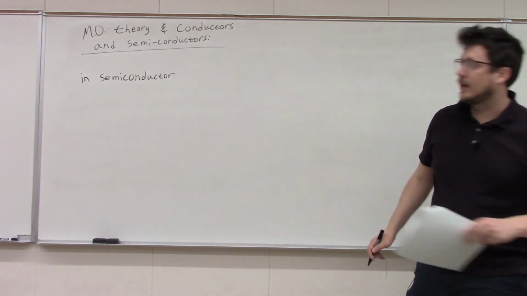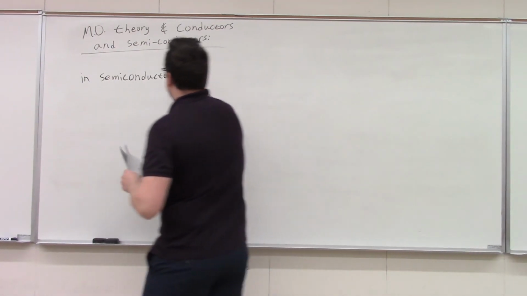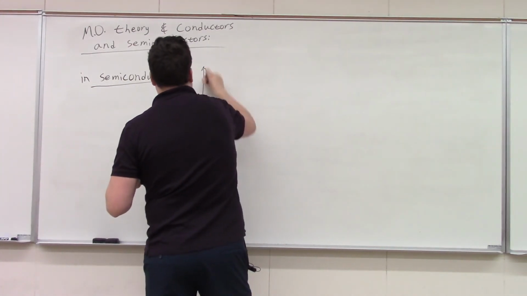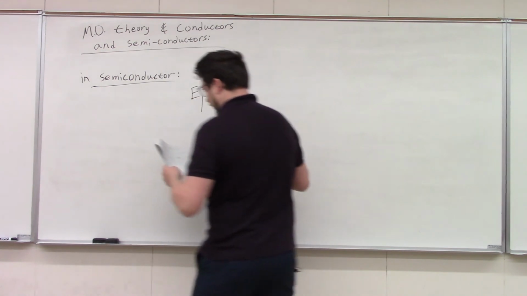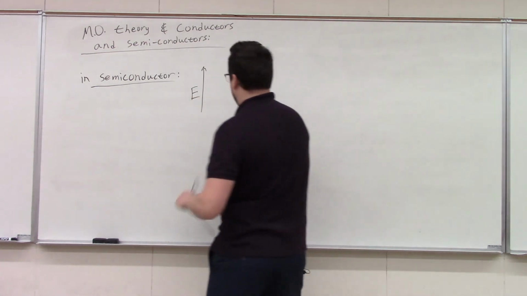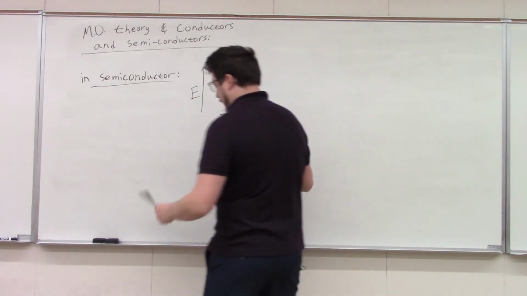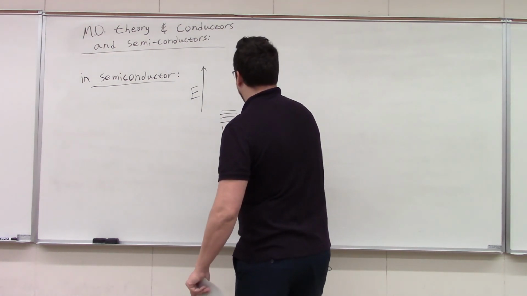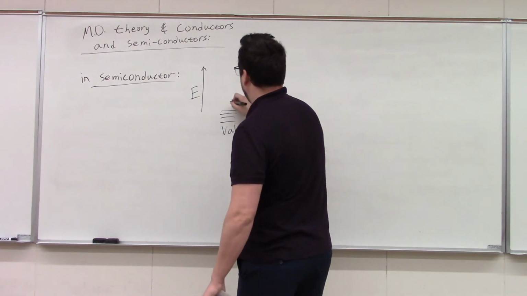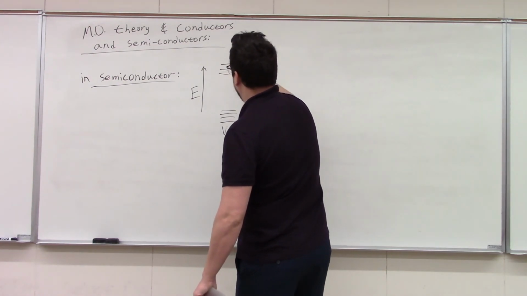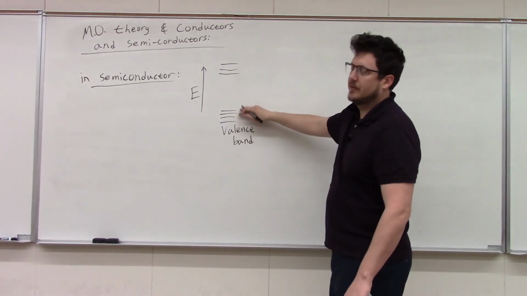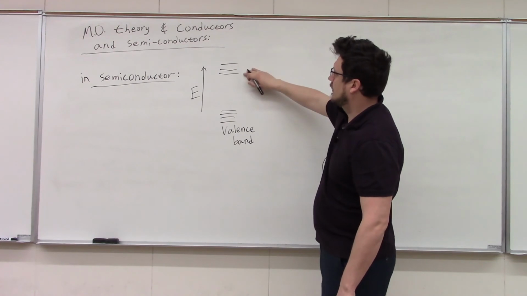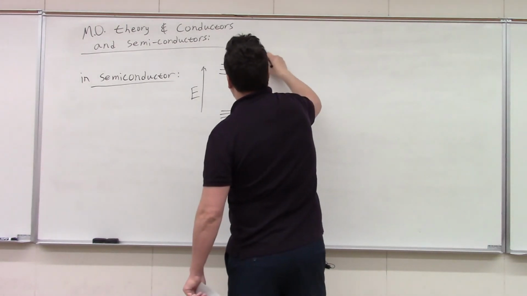It doesn't just conduct anything, but we have this kind of increasing level of energy, and we have a valence band, a series of molecular orbitals here, and then there's a jump. These are all different energy levels of molecular orbitals, and there's a jump. So if we can get enough energy into an electron, it comes up here, and we call this the conduction